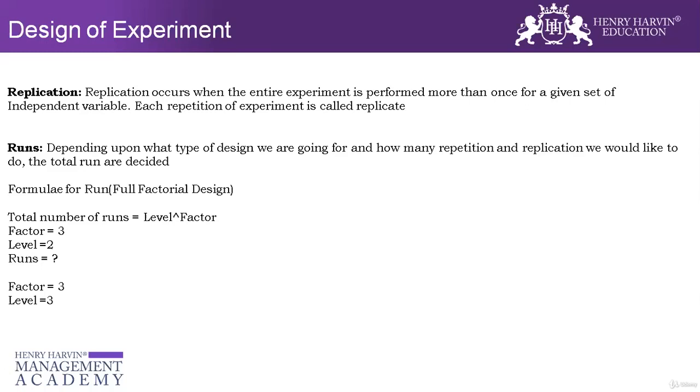And one more question. So if my factor is 2, my level is also 2, and then I have 2 replicas, then how many runs should I have? 4. Factor is 2 and level is 2. So let's do the same here. Factor is 3, level is 3, and 2 replicas. 54 would be the answer, 27,